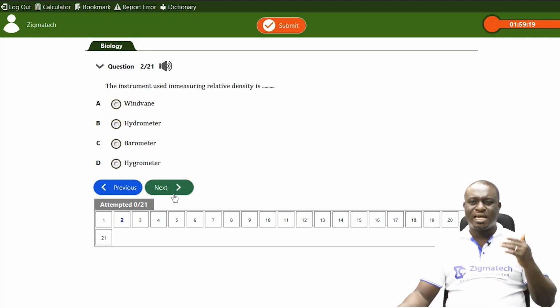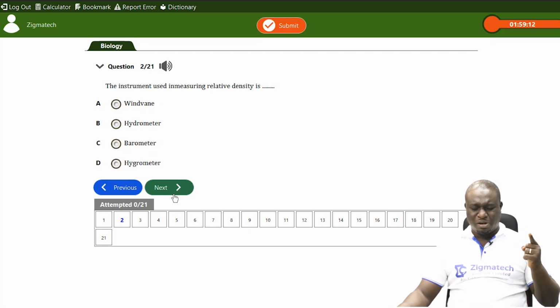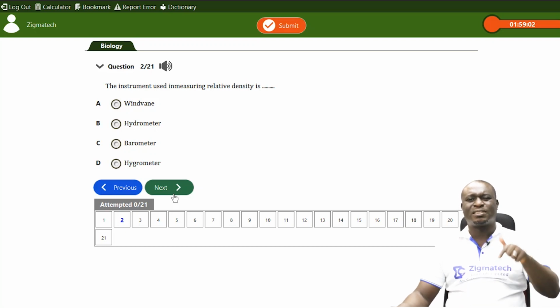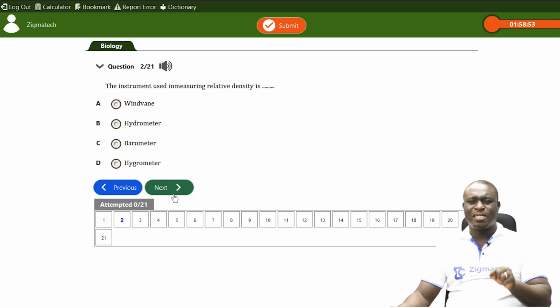Next question, the instrument used for measuring relative density. I made mention of this. I said please take note of the instrument used for measuring relative density and the instrument used for measuring relative humidity. They are different things. The one used for measuring relative density is B, which is hygrometer. Hygrometer is used for measuring relative humidity. Please take note. Barometer is used for measuring pressure, and then wind vane is used for measuring the direction of